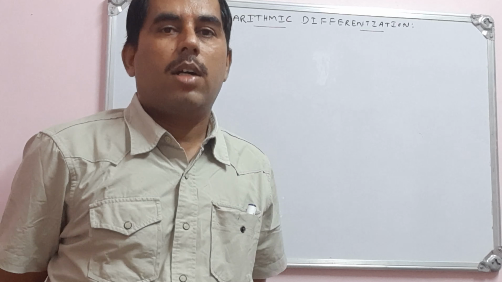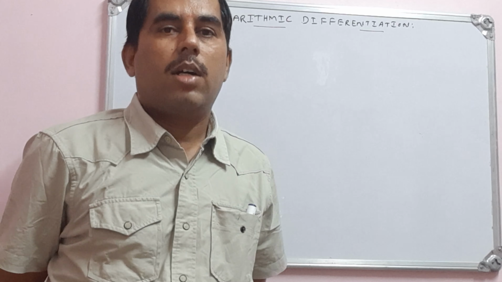How can we know that we can apply logarithmic differentiation? See the functions of the form, as I told earlier, u to the power of v. For functions of the form y is equal to u to the power of v, we need logarithmic differentiation to differentiate them. So observe carefully. The given function is y is equal to x to the power of x. We cannot simply differentiate both sides with respect to x. That method won't work here.